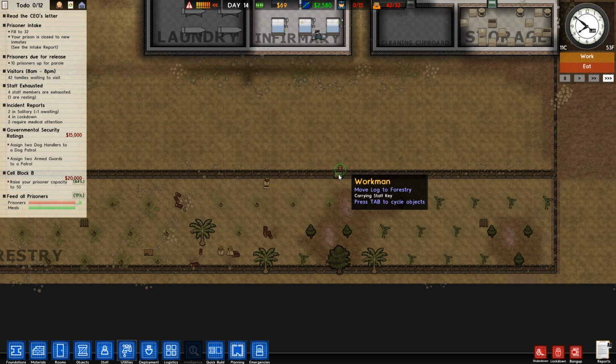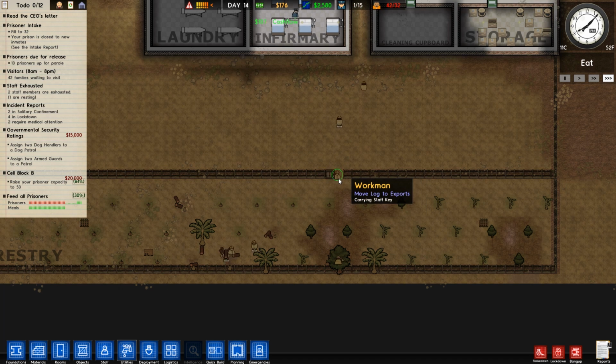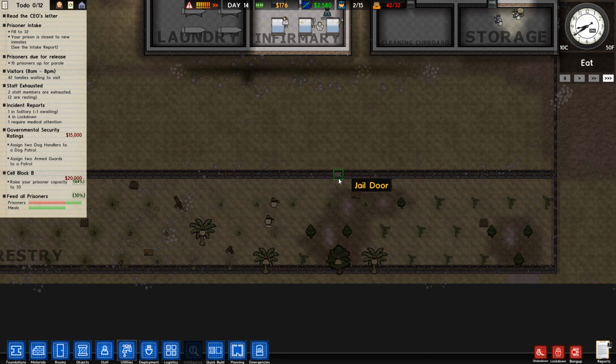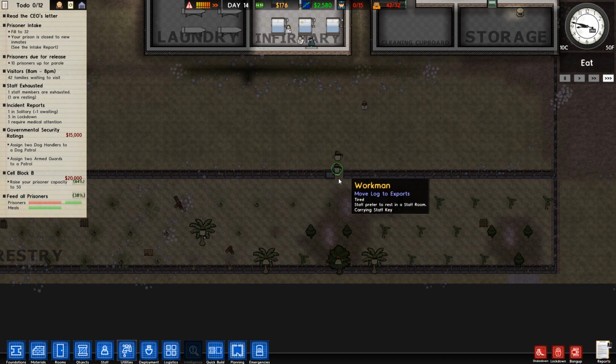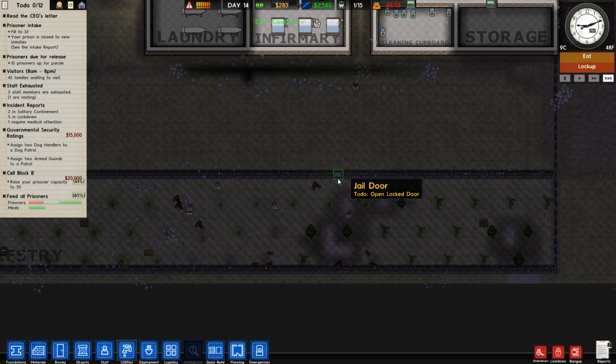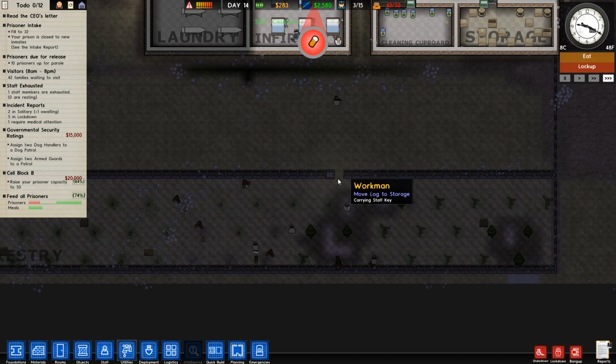So they'll all start carrying stuff in and out. So we can do a little bit of this. We'll work on this door for them just to help them. As long as we've not got prisoners trying to get in and out here, we're generally okay. So the gardeners do the planting, and it also appears the gardeners do the hauling, actually carrying the saplings out to plant. But it's the workmen that actually chop the trees down and go and take the lumber to be